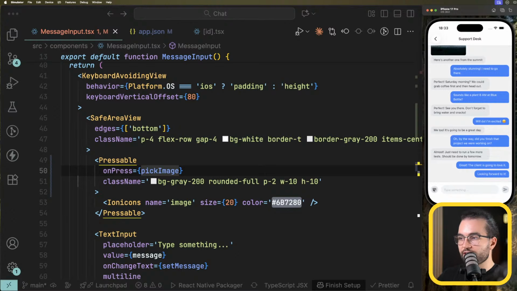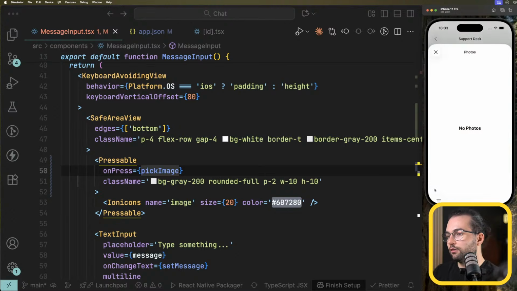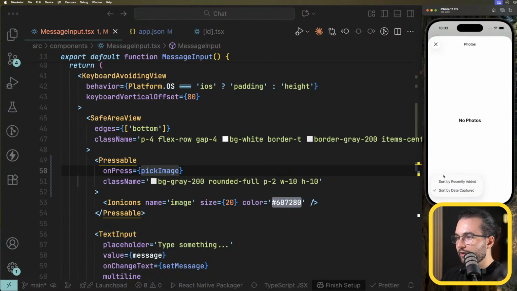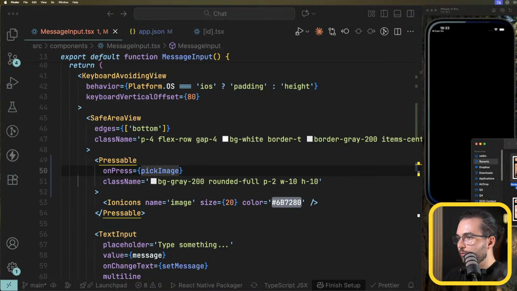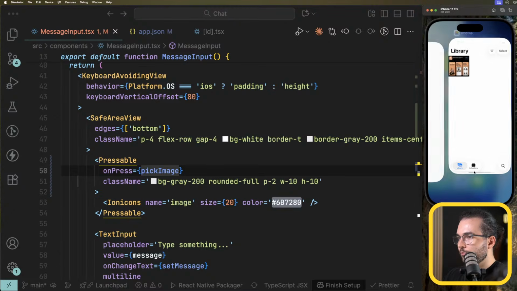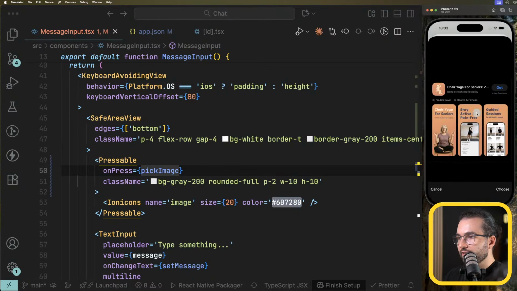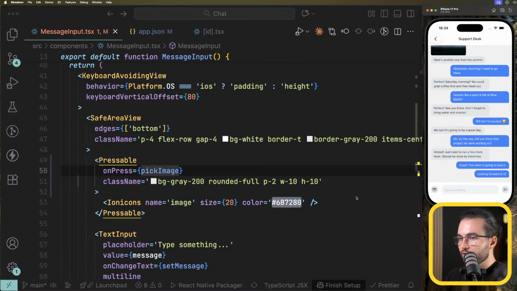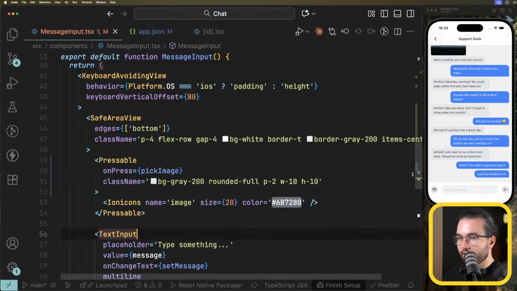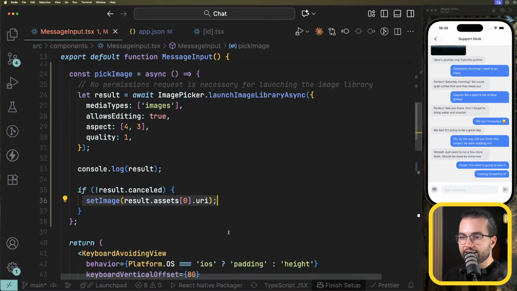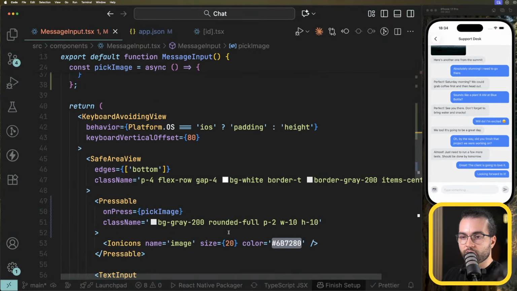If I press on this item, we see no photos. Why? Recently added. Let me bring a photo from somewhere. I'll bring this one here. I can select it, I can edit it, I can choose, and it's going to show a console log with the asset, with the file name, URI, and so on. We are setting it in state. Now we can say, hey,